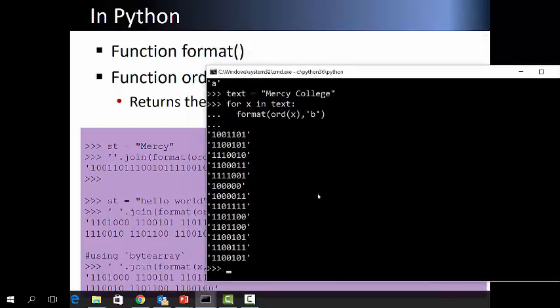Similar to that, you need to do dot join function, and then format, the one that we did, for x, and I want to change it to binary. Format that, and for x in text.